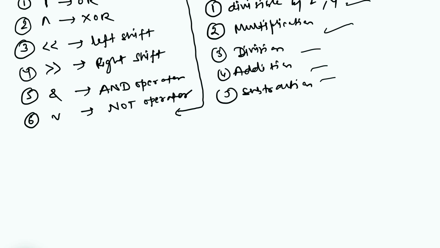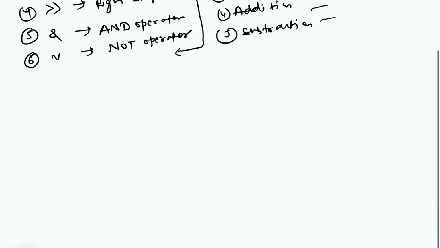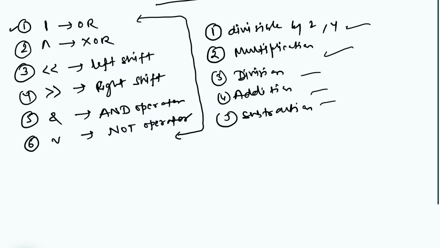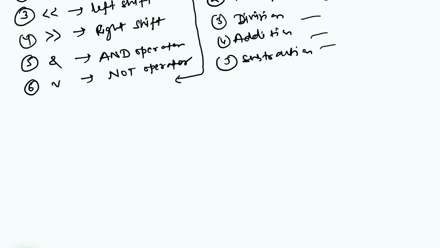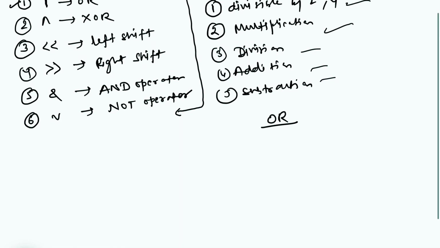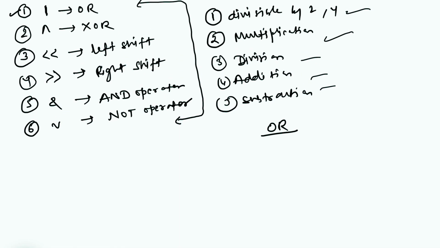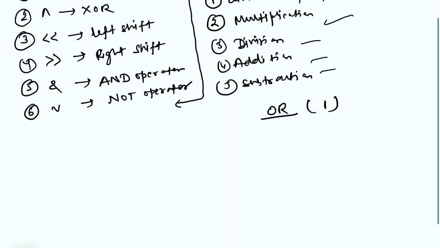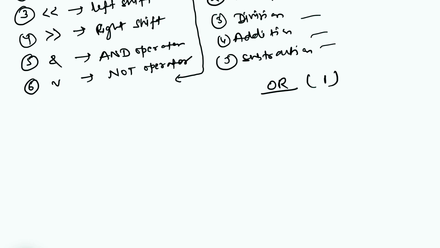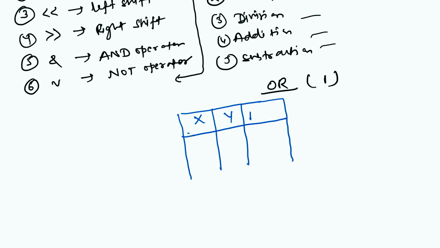So basically, when we are saying the OR gate, first we'll take the OR gate. We know that this is the sign of OR, and suppose you are having inputs X and Y. So basically what it does, this OR operator is